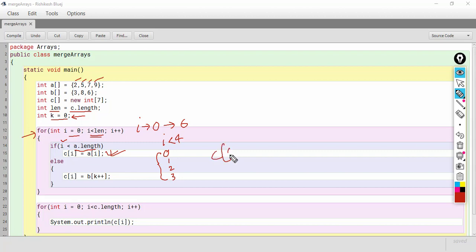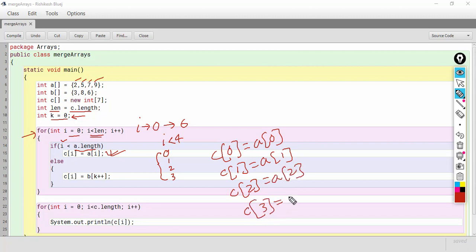C of 0 is equal to A of 0. C of 1 is equal to A of 1. C of 2 is equal to A of 2, and C of 3 is equal to A of 3. Here I is 0, here I is 1, here I is 2 and here I is 3.